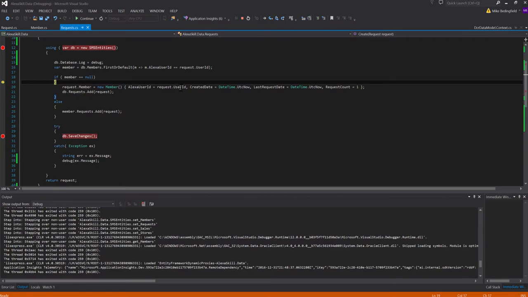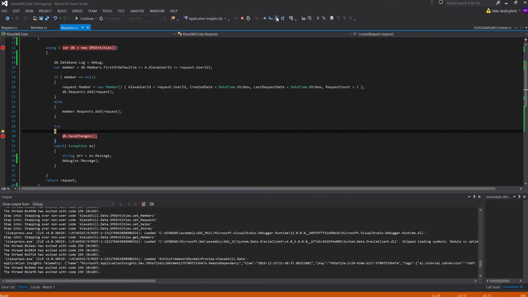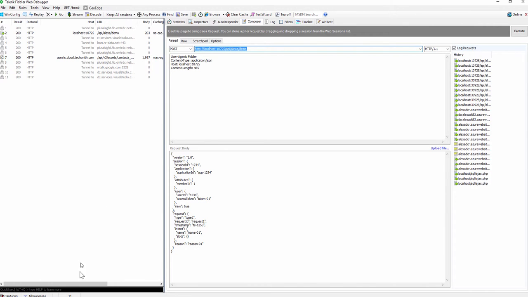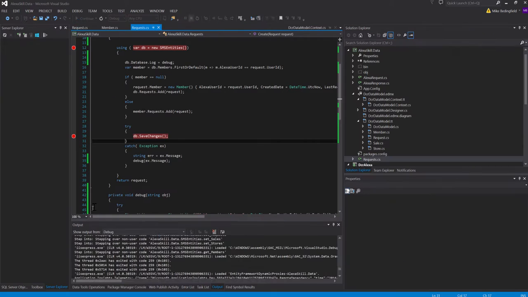So it's going to create a new member with the information from the JSON, and it's going to add that request to the database context object. And then what would happen is when we get to here, it was just going down to here and crashing because it didn't know what day 2 was. So once I got that straightened out, that logging is probably going to help me figure out some more problems that I'm going to have. Now we can step over this guy, and it took our changes, so we can just run this through, and then we can stop him and go look and see if